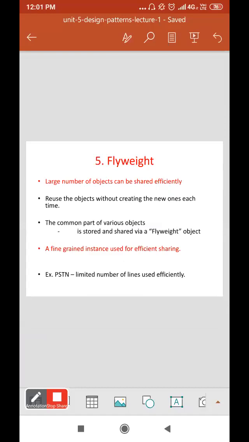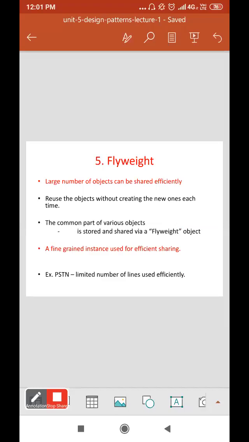Flyweight. Now what this flyweight pattern is: a large number of objects can be shared efficiently. In this flyweight pattern, we reuse the object without creating new ones each time. There is no need to create new objects; instead we can reuse the previous one.